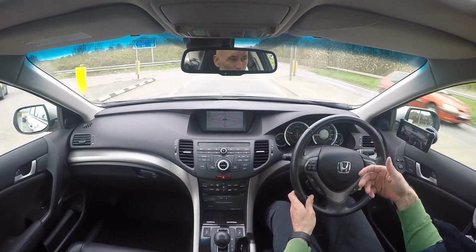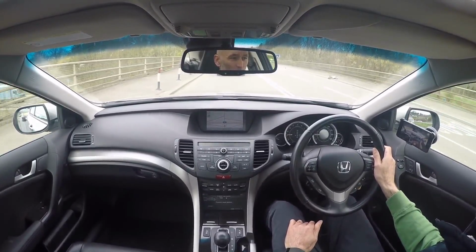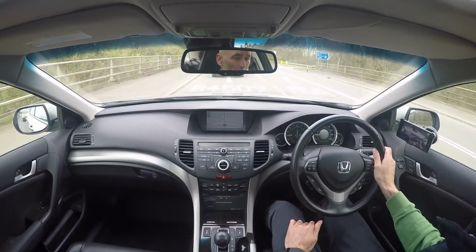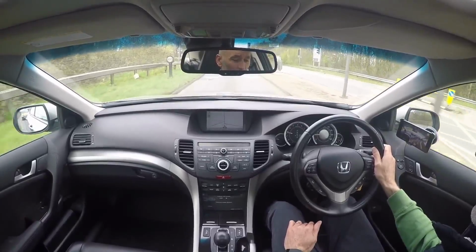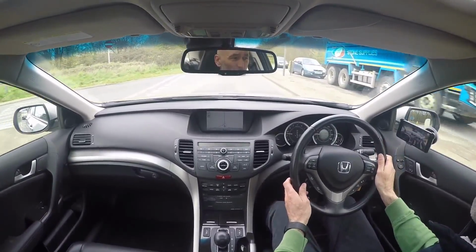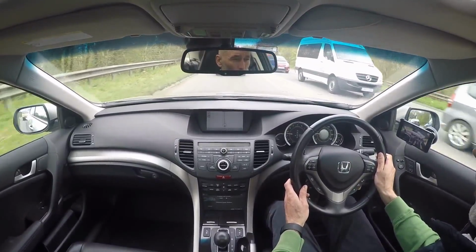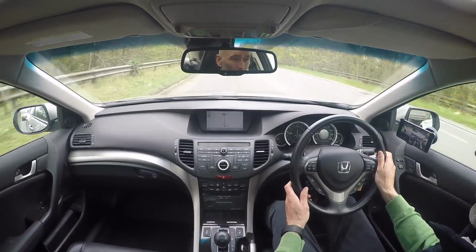Not like modern turbos where you've got to wait a little bit, then you've got kind of all or nothing for a few thousand revs. This one will go hammering around to over 7,000 RPM if you want it to, and it pulls strongly and sounds sweet in a way that a turbo just can't. Again, it exhibits no vibrations back through the car at all. It's a wonderful unit. I mean, they don't really get fully run in until they've hit about 40,000 miles anyway, but